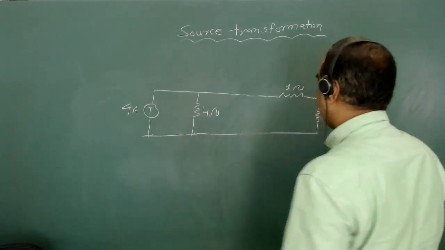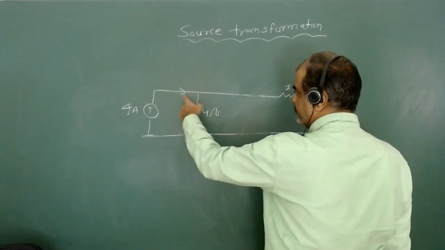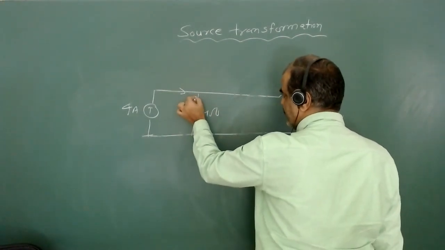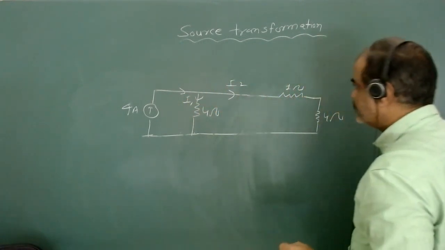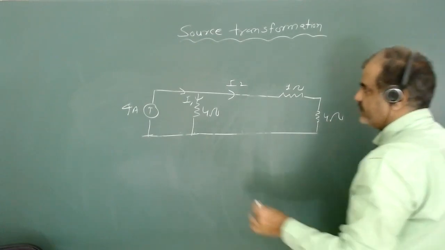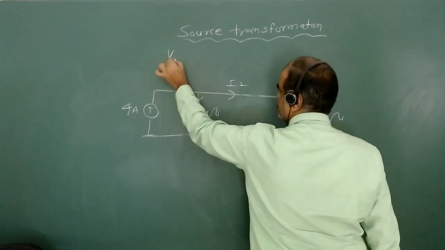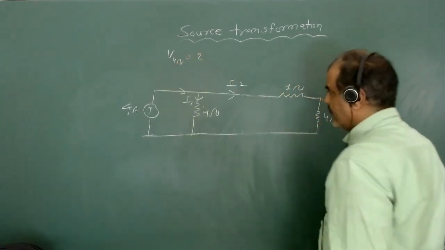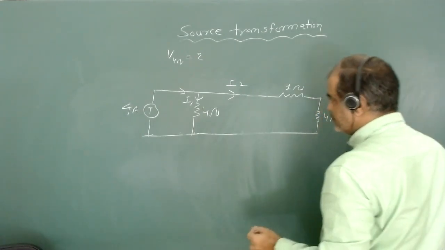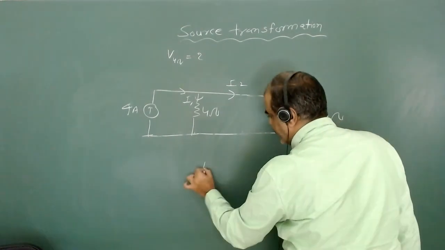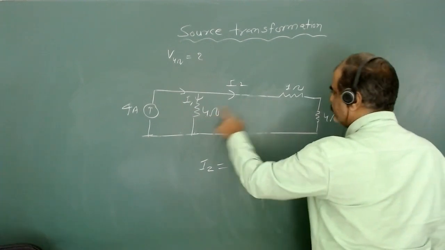Now this 4 ampere current will go into these 2 circuits. So I1 current will come here and I2 current will go here. My aim is to find the current in this 4 ohm resistor, so find the voltage across this 4 ohm resistance. Now I can apply the current division formula. According to the current division formula, what will be I2? Because these 2 resistors are in parallel,